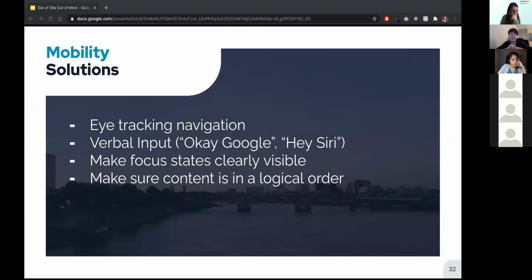So some more specific mobility solutions. There's newer technology where you can navigate your computer through eye tracking. And then there's also the ways of navigating through verbal input. So as designers, to support these, you want to make sure you're designing a clear focus state that has enough visibility on the page that the user knows where they're at as they're navigating the interface, and then